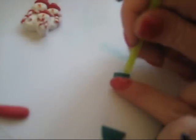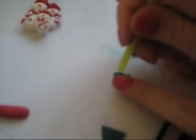Now on the tutorial you'll see I used a straw cut with a pair of scissors at an angle to create a half moon shape that we use for the smiles, and I don't know whether you can see that. Try and get that in focus. And I'm going to use this as a cutter for the holly, and so I just take each square and with the cutting edge I push in and I flick out, and I might have to just hold this, and it's roughly about 2 cuts, and I'm just going to follow the shape of the diamond. Now this isn't going to be a perfect holly shape, but it's better than nothing, and once it's together it looks good. So I just follow the shape round,